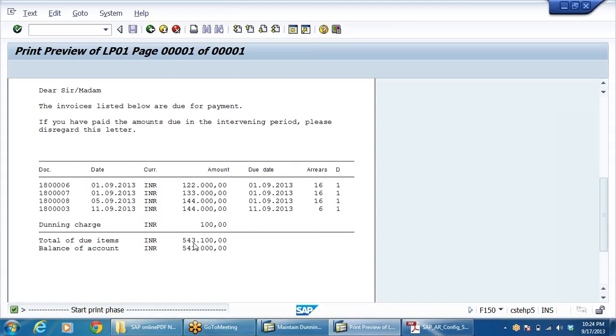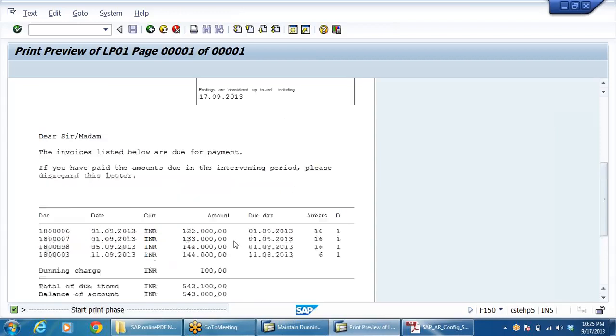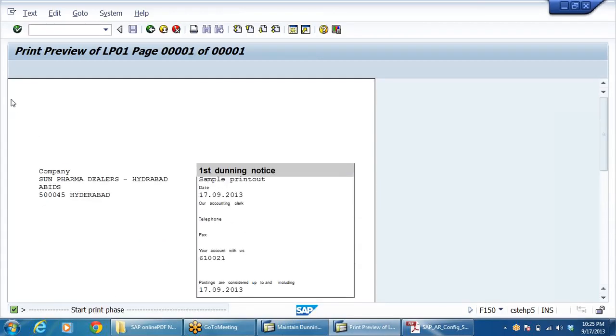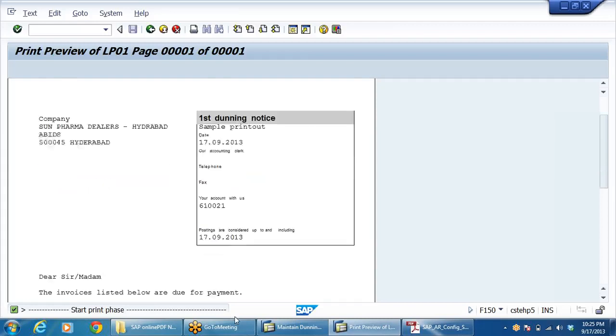And the total due items is 5,43,100 because we told the system 100 rupees is the dunning charges. So that's why it is asking for dunning charges. Balance of the account is only this much, but total along with the dunning charges is 5,43,100. And here, on the top of the letter we can get the name of the company, logo, everything we can write.